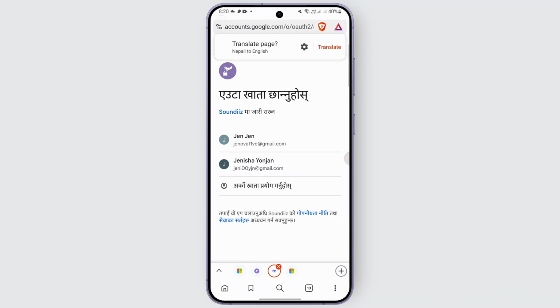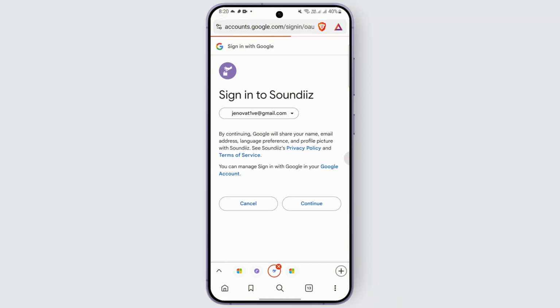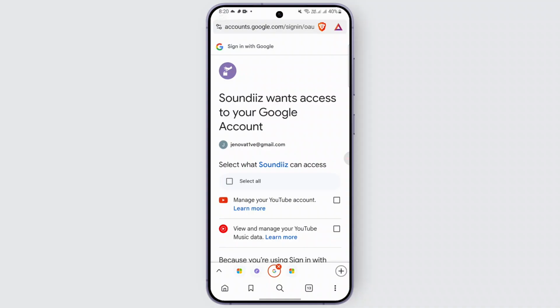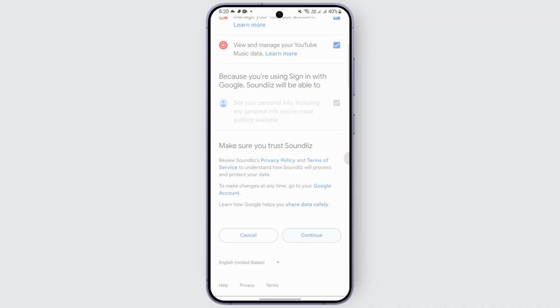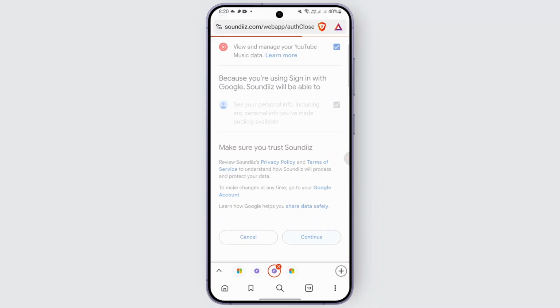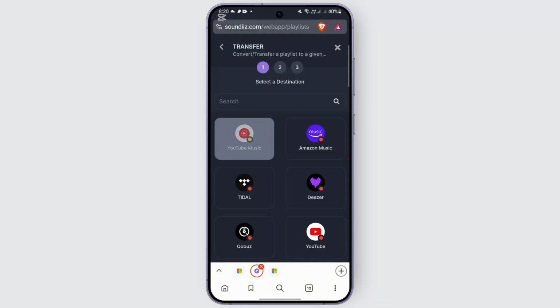So go on with the process of verification by giving access to your YouTube account with which you want to sign in. And after that, go ahead and agree to the terms and conditions. Continue with the process, and once everything is done, it will be transferred. So that is how you basically transfer playlists from Spotify to eSound, following those